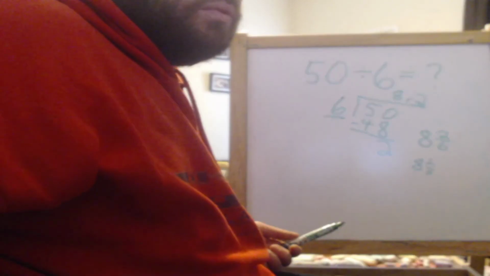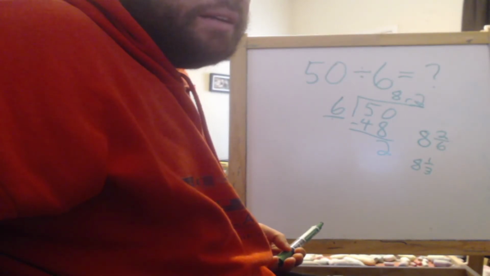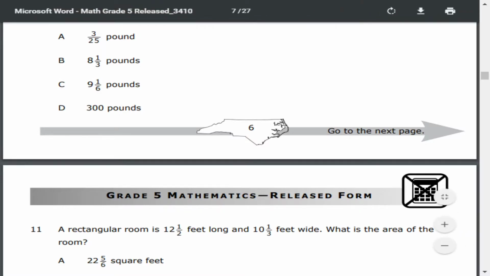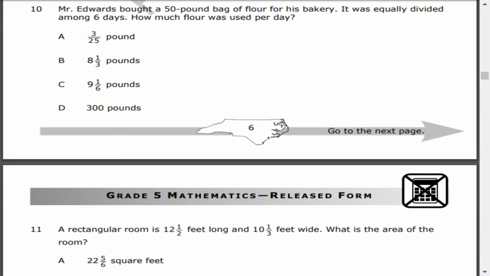So what we can do is go back, and looks like B is 8 and 1/3. And what we can do with 8 and 1/3 to make sure that it makes sense is this should be the 50-pound bag of flour, and we should be able to multiply this by 6, okay, to get to 50. And I know 8 times 6,